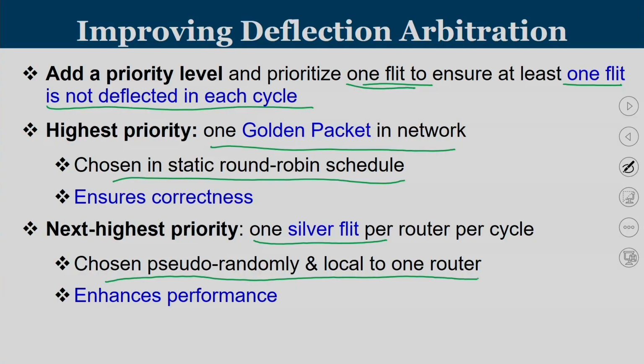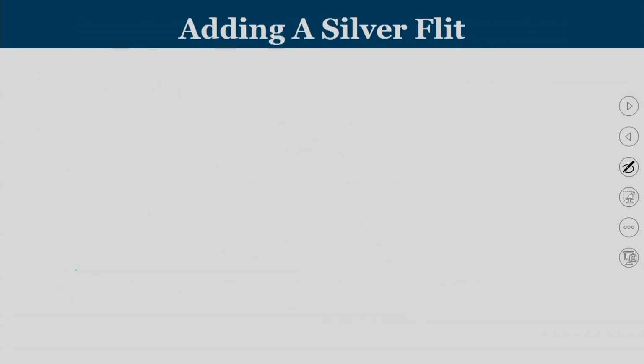So three important things. First one, we are going to add a new priority level. The golden flit status still holds, but there exists only one golden flit in the entire network. So the majority of the routers will be dealing with non-golden flits. So when you have the second level, like when you have all the flits non-golden, then you are going to consider one of them as a silver flit, and that is how you are going to improve the performance. So the golden flit makes sure that it is free from livelock. Every flit will become golden one time if they are not getting ejected out. And second, the silver flit is going to enhance your performance.